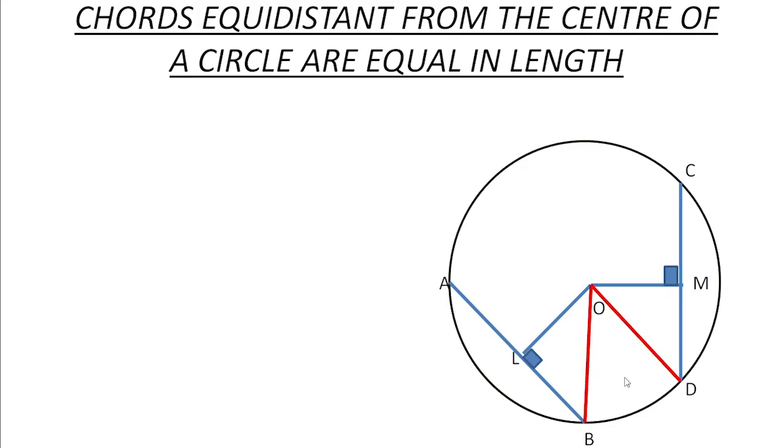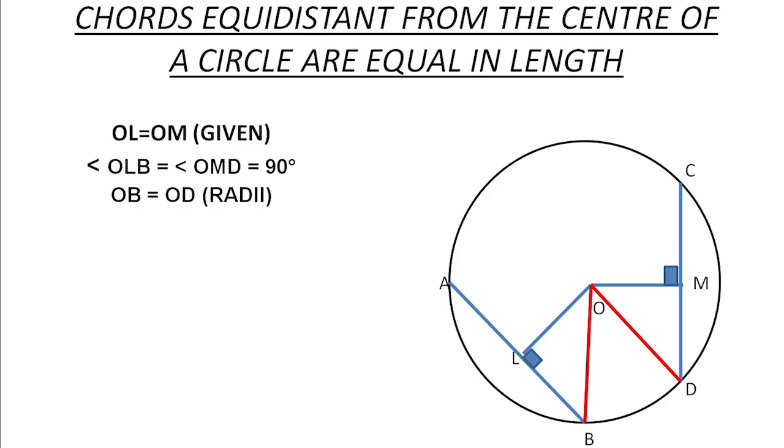For proving the congruence, here also we need two triangles. So for that we are joining O and B and O and D. So we got two triangles, and here OL equal to OM, that is given. The perpendiculars from the center to the chords are equal. That is given. And we know that angle OLB equal to angle OMD equal to 90 degrees. From my previous video, you have learned that a line segment joining from the center O to the midpoint of a chord must be perpendicular. That also we know.